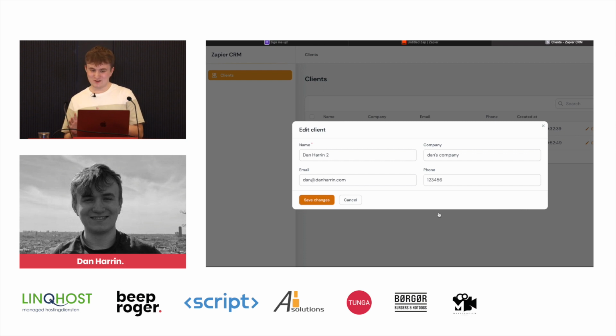This is a very simple example. We could try and do it the other way around, but I found that doing demos like this, Zapier can take a little while to have new clients arrive because obviously we're using polling. So this is all I'm going to do for today. But yeah, I hope you have found a new way to do some integrations. Maybe it doesn't fit for every single use case, but if you have a lot of user interaction with this, maybe you can use Zapier. Thank you.